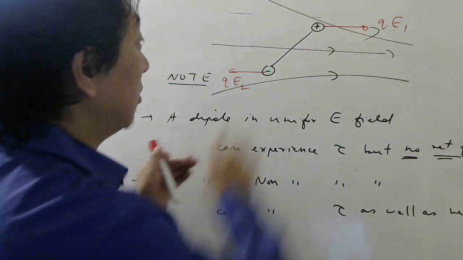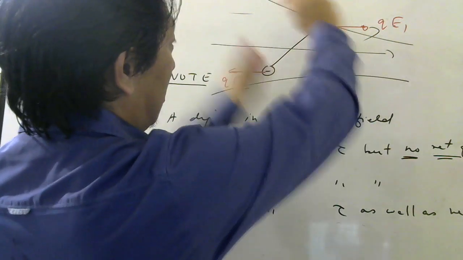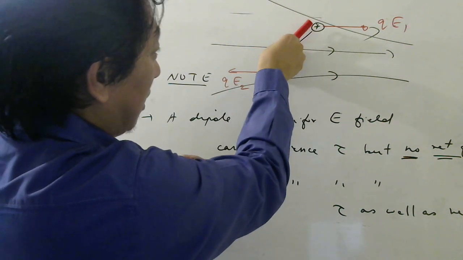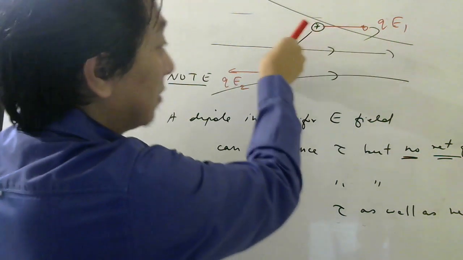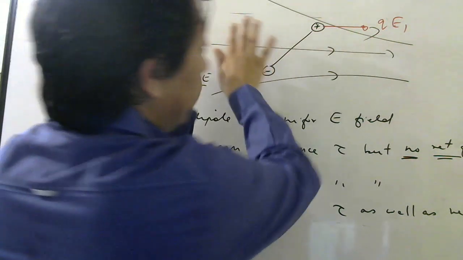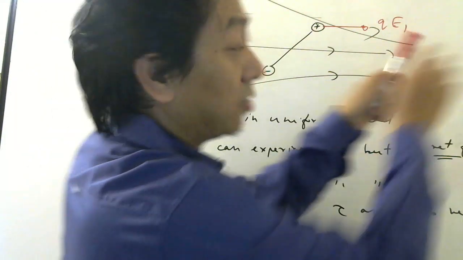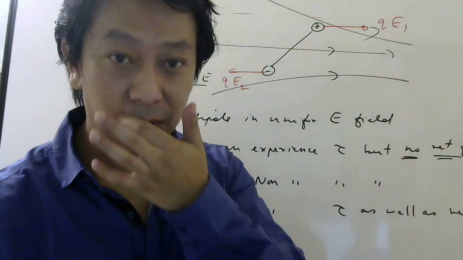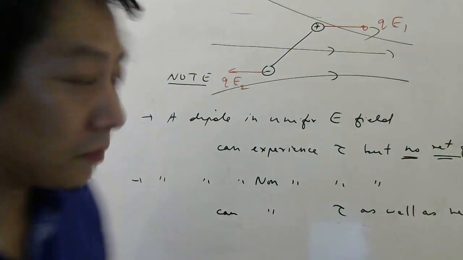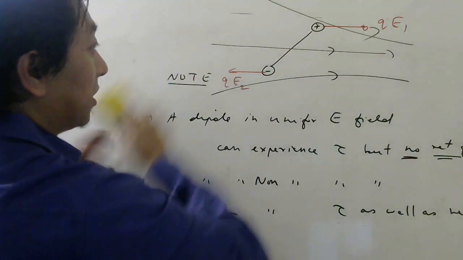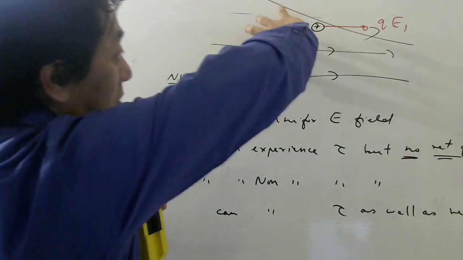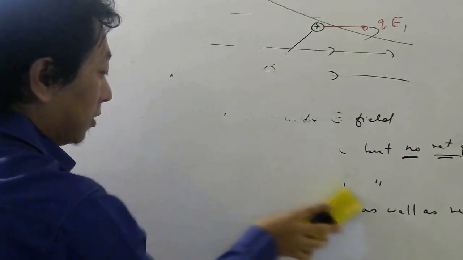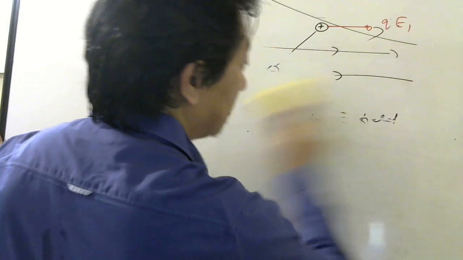Understood or not? So it will rotate because of this torque. It will rotate, but it will not simply rotate like this. It will rotate like this. Why? Because it is feeling a net force this side. So the center of mass will translate wherever there is net force, from Newton's second law. So keep in mind, in this situation, it will not just rotate. It will rotate and translate. Okay, so the learning exercise 4 is over.